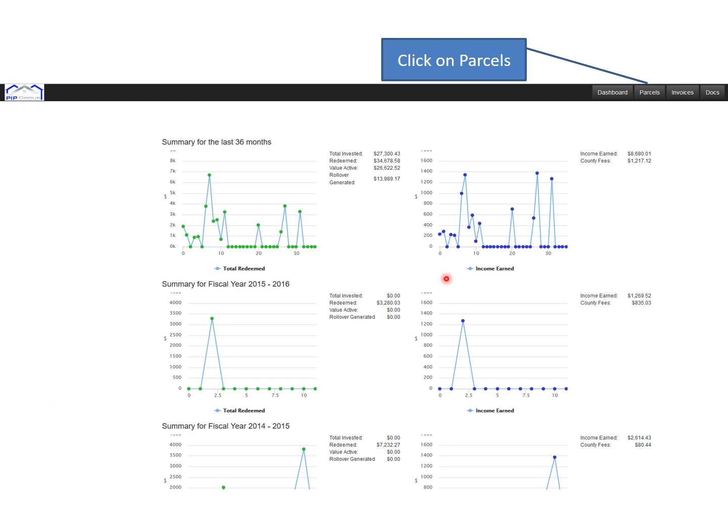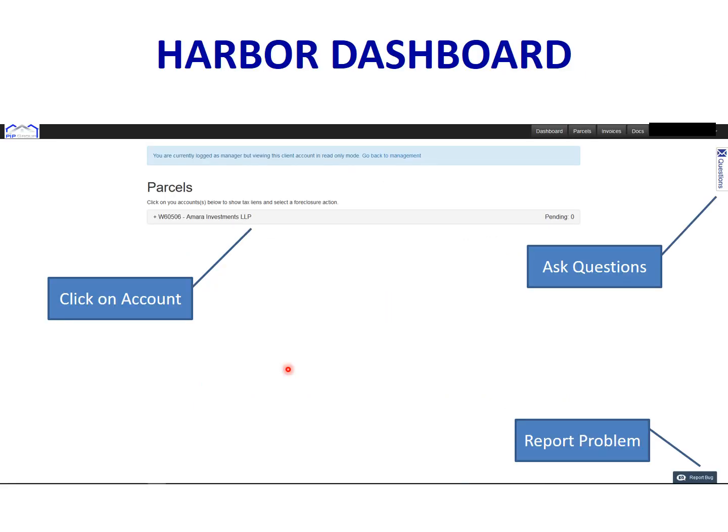Okay, so as we continue, if you scroll down on that home page, you'll find more graphs that you can actually go into and highlight and click through. That's going to give you a lot of information. It's all new, so just again go in there and play around. So we're going to keep going on with selection and looking at the properties that we have done the assessments for. So once you get into your home screen, you're going to go up to your taskbar here, and you're going to click on parcels right here. And once you get into parcels, you're going to see this screen. And pretty much through every screen, you're going to have the option to ask a question.